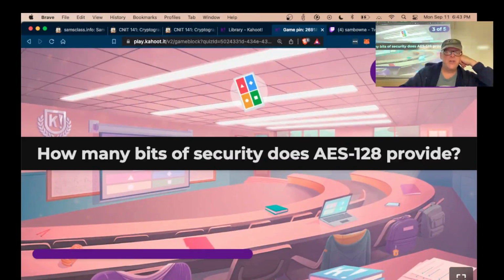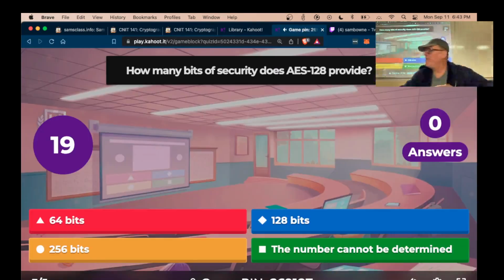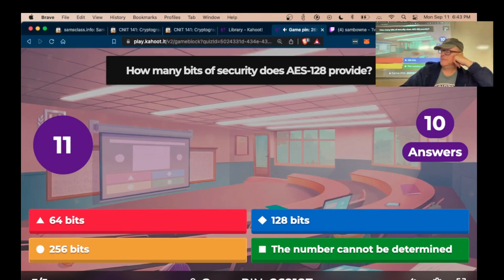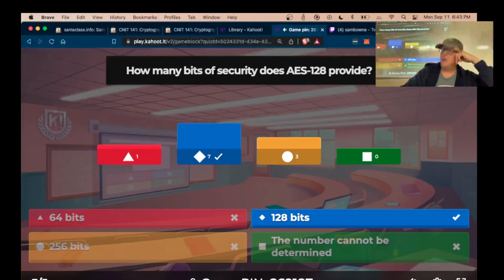All right, how many bits of security does AES-128 provide? Right now, it is considered to give you 128 bits, which means there is no known attack that is a shortcut. But remember, WEP 104 had a 104-bit key, but it did not provide 104 bits of security, not for long. Before long, people found shortcuts and lowered it down to 20 or 15 bits, so that's the problem. It's 128 right now because there is no known shortcut.